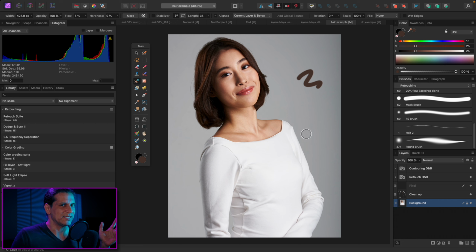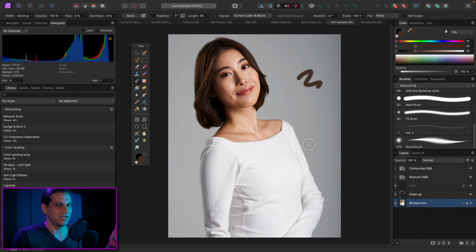And the reason why I say it's an Affinity bug is I have never seen this issue in any other program I use, whether it be Capture One, Final Cut Pro, DaVinci Resolve, a browser like Safari or Firefox, nothing. It never comes up. Only in Affinity Photo does this keyboard switcher text bug just always kind of appear at